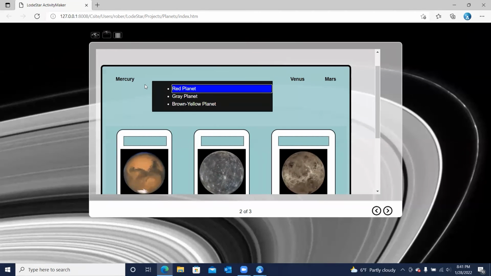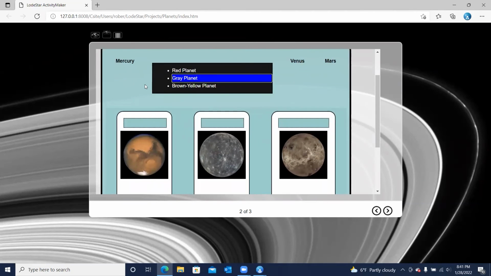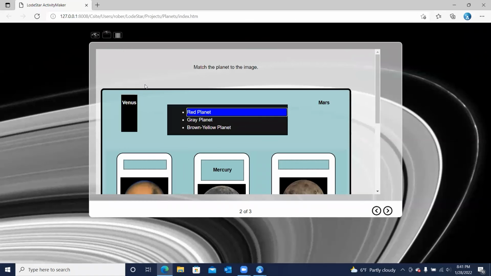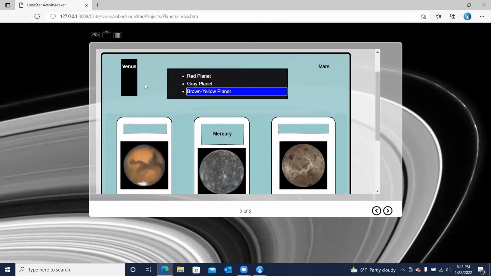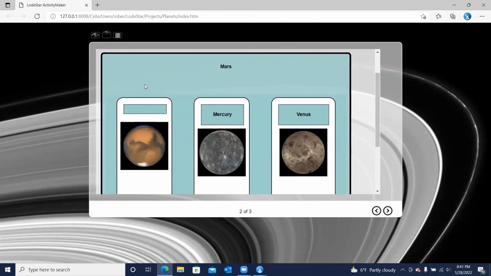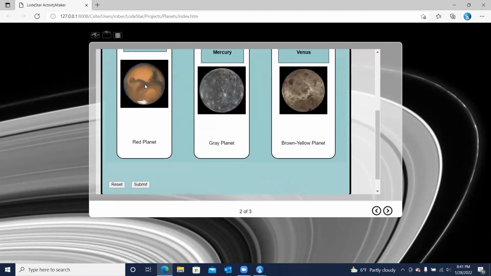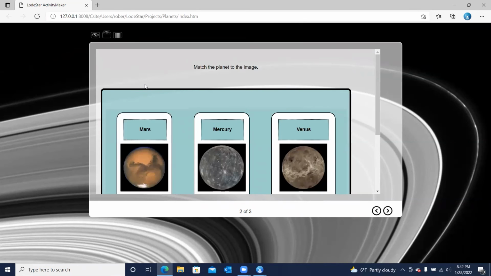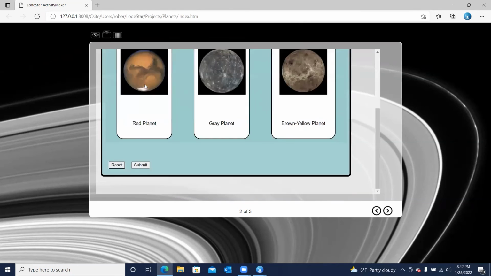So this is Mercury, and Mercury is the gray planet. So I'll hit enter, and that'll go into the right spot. I'll tab, hit the space bar. Venus is that brown yellow planet. And then once again, I'll tab, space bar, use my arrow key. Once I use my arrow key, the screen scrolls to that pop-up menu. So Mars is the red planet. Okay, I'll tab to my submit,